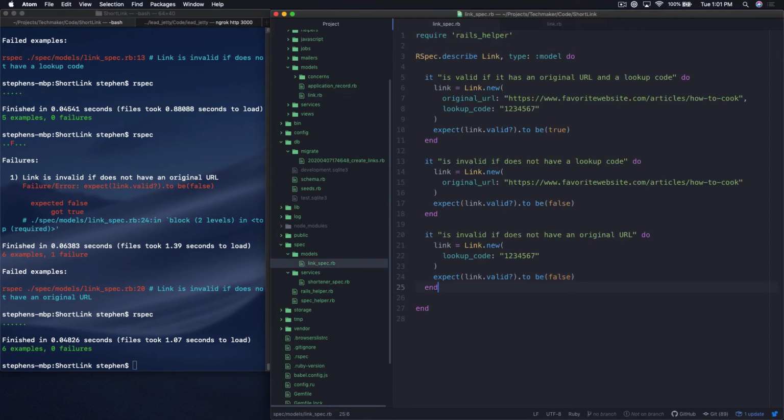So we really just need to do one more thing in here. We need to come down and say it is invalid if the lookup code already exists. So basically we don't want to allow there to be two of the same, because then you wouldn't know which one to look up, right? So what I'm going to do is copy this first example that we put together, and then we're going to say